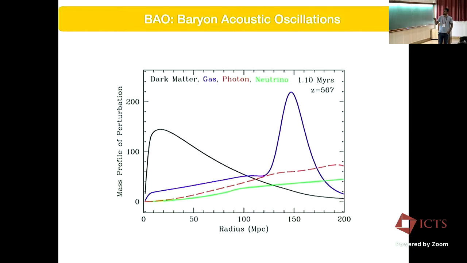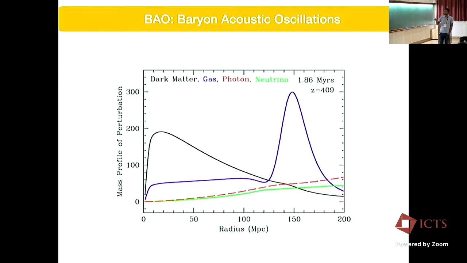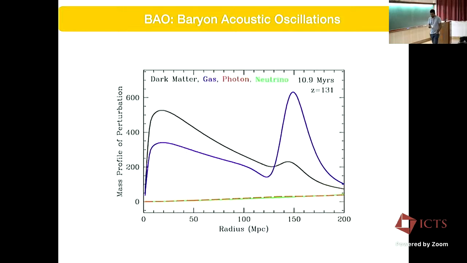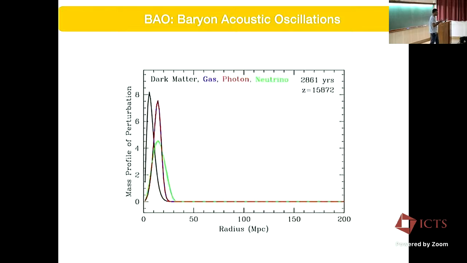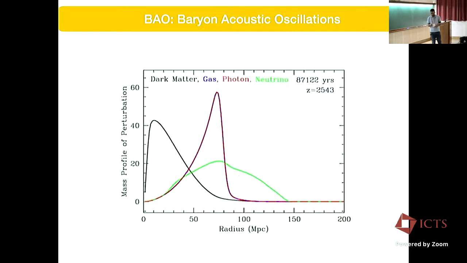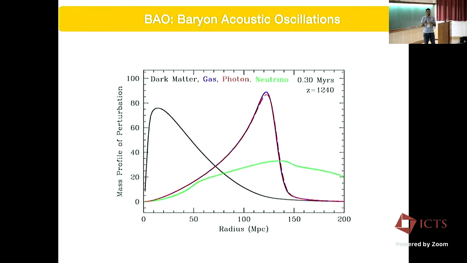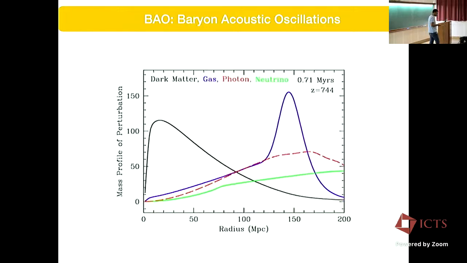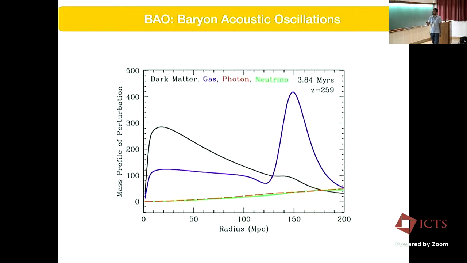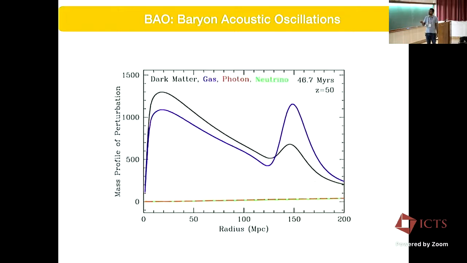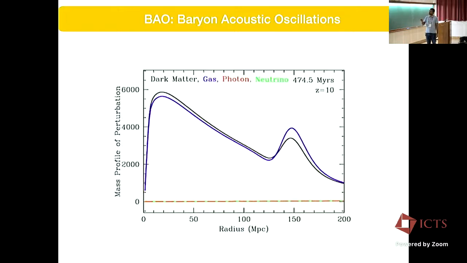So that's the initial perturbation in the initial density field, where everything, dark matter, baryon, gas, neutrino, is in the same place. And then as time evolves, everything propagates forward. But neutrinos and photons are highly energetic, so they expand faster than the dark matter, which is only moving gravitationally. So neutrinos decouple first and free stream, and then baryons and gas,